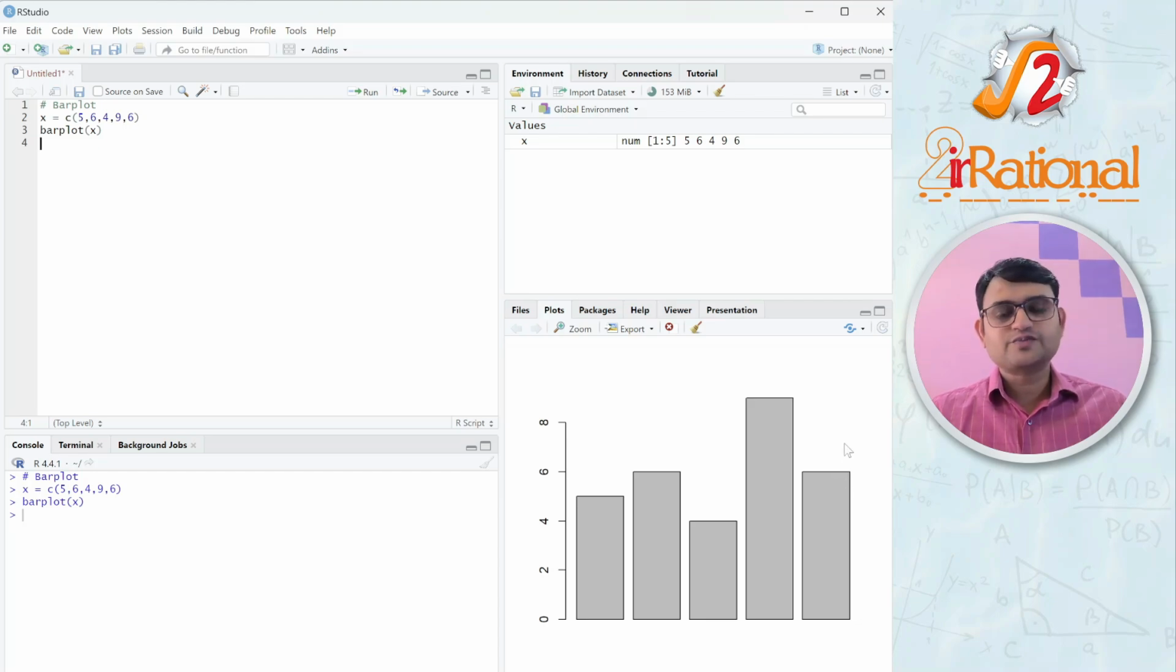Every plot requires proper labeling. And for bar plot, first of all, we label what these bars are. So let's assume that these are nothing but the sale values of particular years. Let's say I will write names. It should be a vector of strings because these are names. So let's say